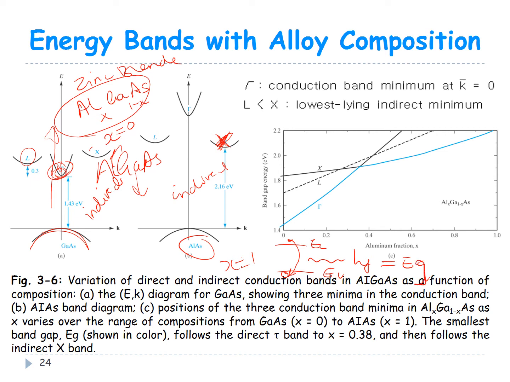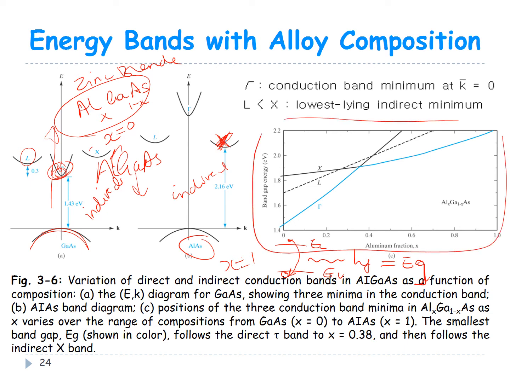So if you can vary the energy gap, you can actually control the color of light that you want to be emitted when electrons fall from the conduction band to the valence band. You can see from this graph here